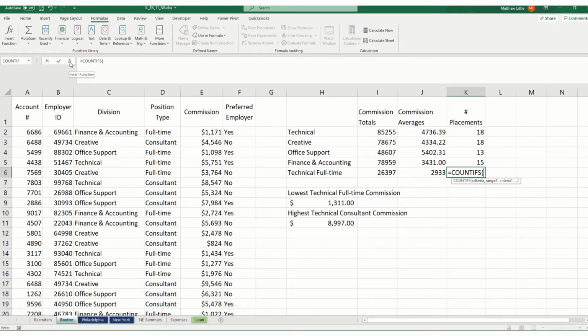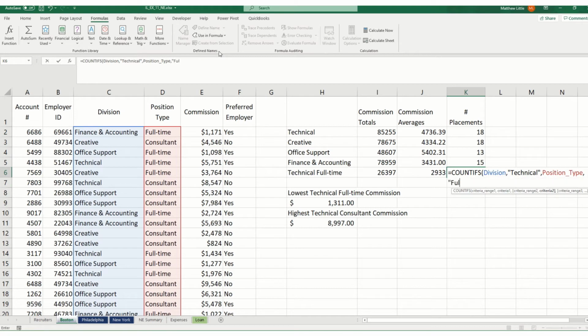You can click the formula bar at the top, or you can actually type it right in the cell. In this case, if you go to Use in Formula, up on your Formulas ribbon, you'll see your different named ranges. So in this case, we want division first, and we want to type comma, quote, technical, unquote, double quote I guess I should say, comma, use in formula, we want to look for position type, comma, with a double quote equals full time, double quote,